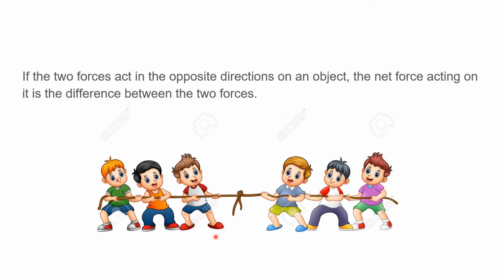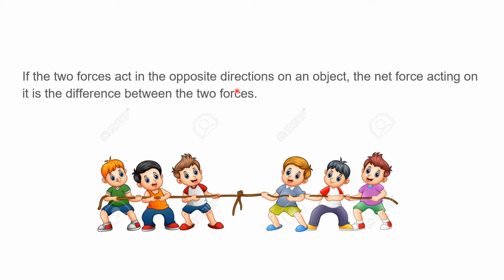So here you can see children playing tug of war, and all of you would have played this game, right? Tug of war. So the concept behind this game is also the same. When the net force applied by both the groups of children is going to be 0, the rope will not move at all. For example, if this team of children is going to apply more force, then finally they will win the game, because the tug of war is a game where you have to pull the rope towards yourself, and for which you have to apply greater force.